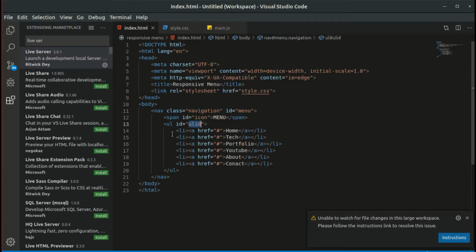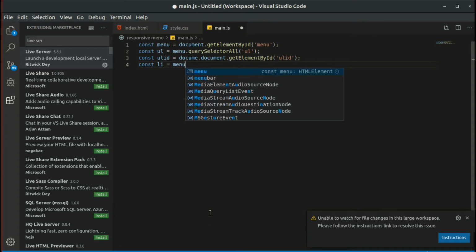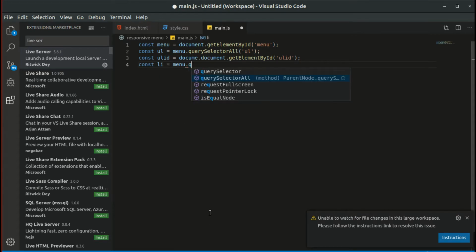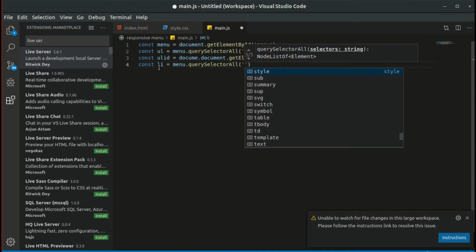Let's select list item. li is equal menu dot querySelectorAll. Inside this menu we are selecting all list items. Okay, li